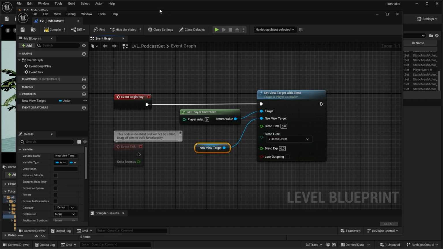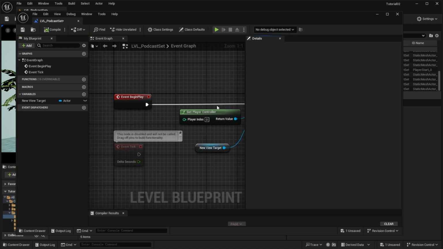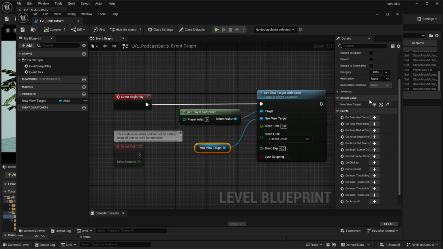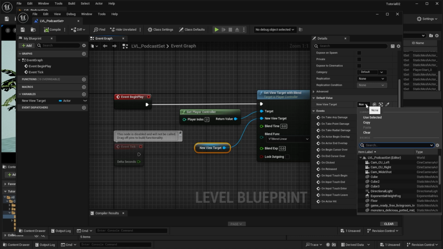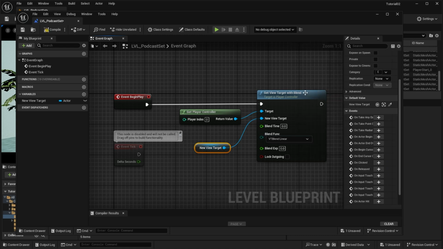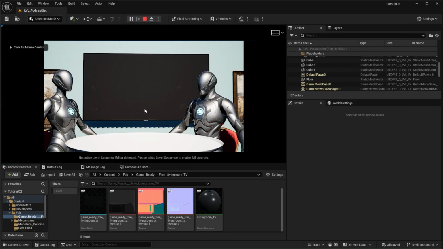Now we can't assign it directly in here, but we can promote this to a variable, and then if we compile, okay, this is just not showing easily here, so I've just put the details panel on the right so it's a little bit easier for you to see in the screen capture. And with our new view target here, we can choose our camera wide 2-shot. And so that's now telling the view target that this is the view that we want to have at runtime. So I hit compile, save, close this, and now when we hit play, we have the perspective of the wide